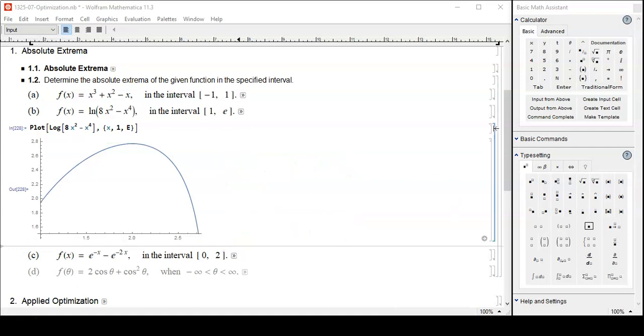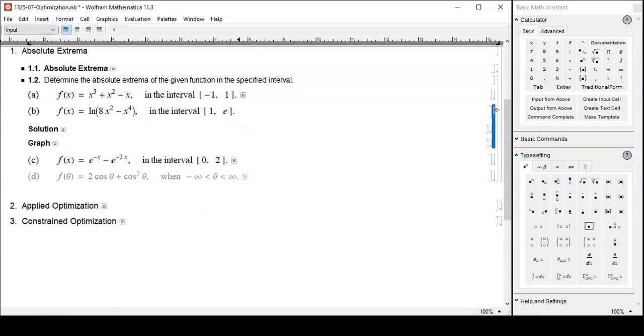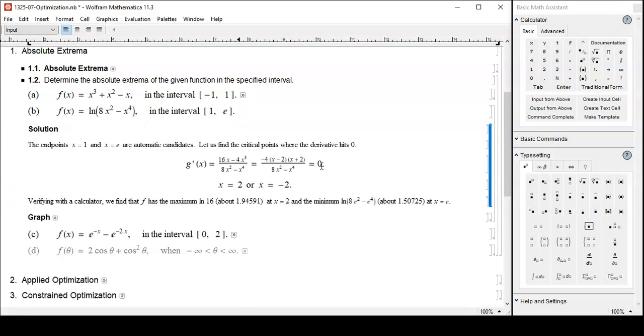Okay, stop the playback and try it on your own. Have you? Let's see. What did I do? Okay, take the derivative and set it equal to 0. Is that the derivative? Well,